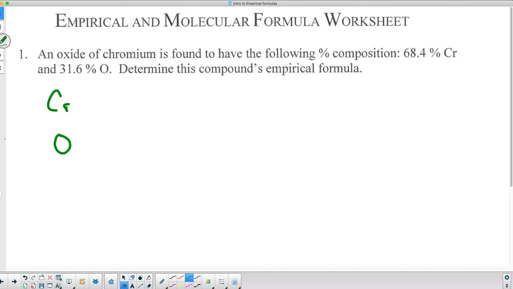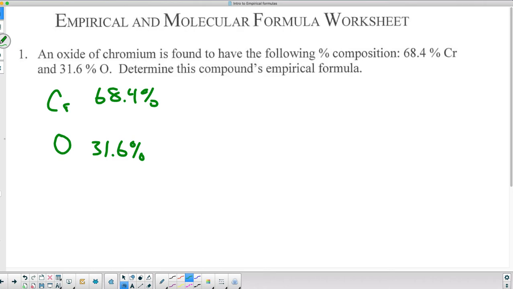And for chromium, it's 68.4%, and for oxygen, it's 31.6%. Okay, so we found the amounts of each element in this compound, and there's only 2 of them, which is nice. So what I'm going to do then is look at a periodic table, and I'm going to see that